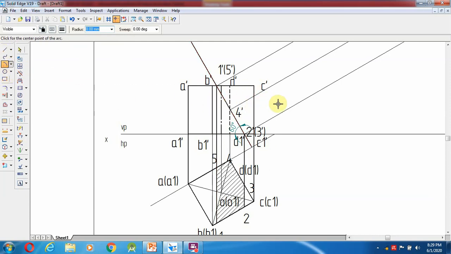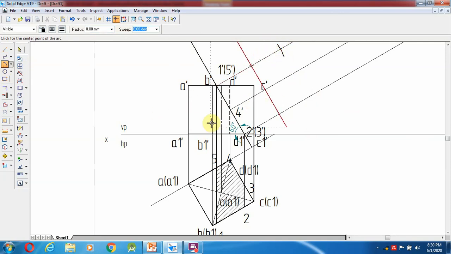So go over here, select one more parallel line to this line. Okay, that line does not touch the top view or front view. Okay, that is the condition. Go with the offset, so from here to a certain distance, some 25 mm. Okay, it does not touch the front view and top view, so there I am going to stop. Then select arc by center point, so here because the 5 goes over here, it will be projecting towards this line, from here to 20.82 mm.